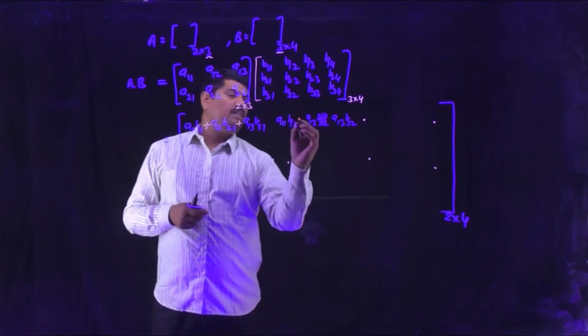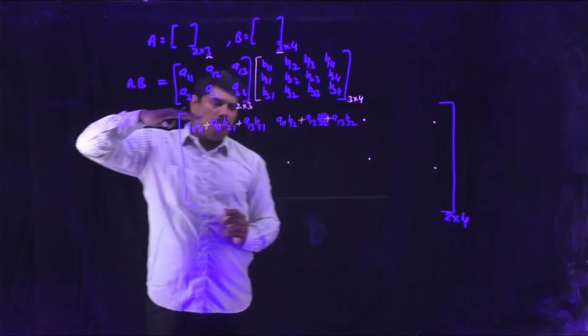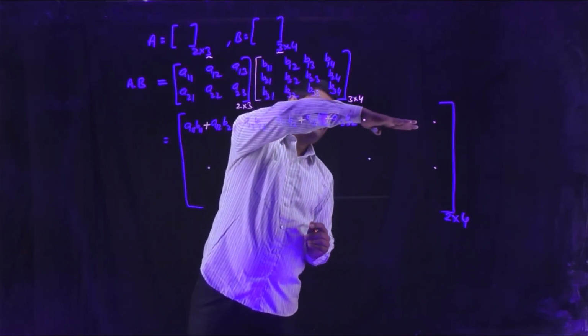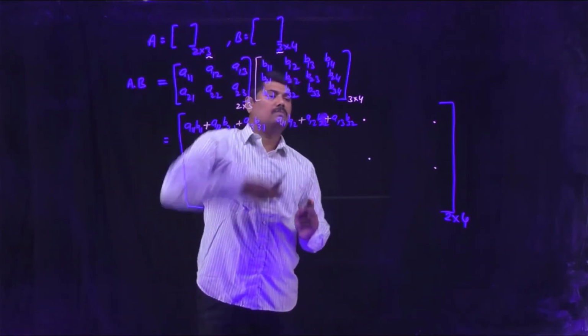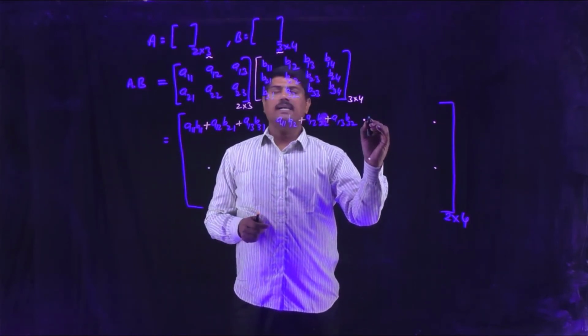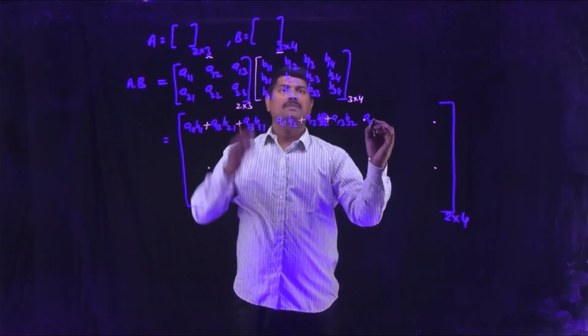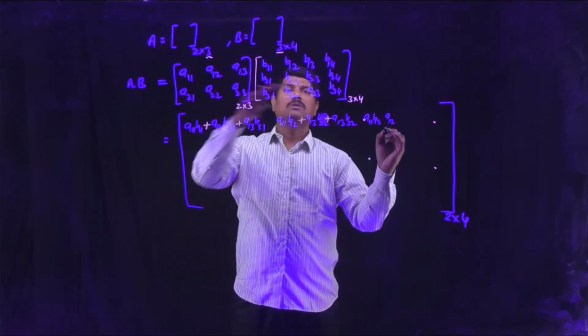So it is the sum of the products of the elements of the first row. Because we are writing the first row, you have to go through the first row with all possible columns. Later, this is the first row third column, so you will get A11 B13 plus A12 B23